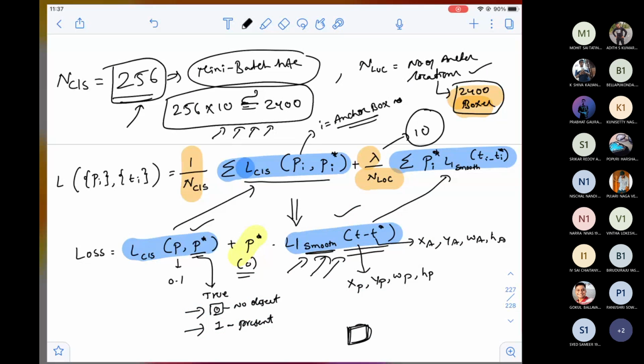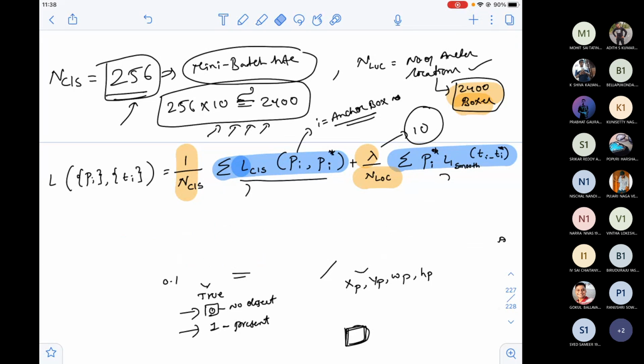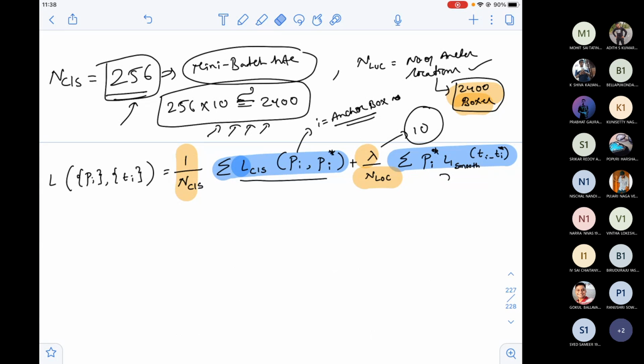Fine. So this is the entire equation. Now the equation makes sense. Can I just erase the bottom one and you just look at the upper one only? Now see, everything remains so good because you understood everything. 1 by N_cls sigma L_cls of p_i comma p_i star plus lambda by N_reg sigma p_i star L_smooth of t_i minus t_i star. How beautifully it was derived.